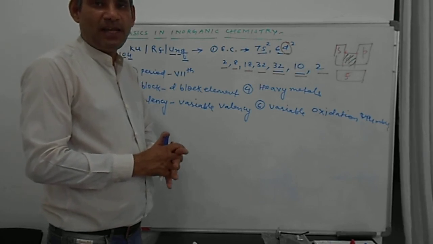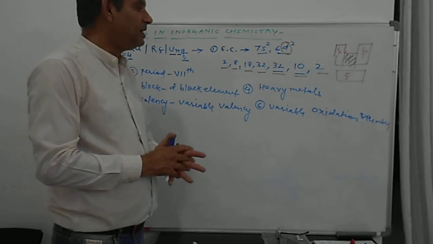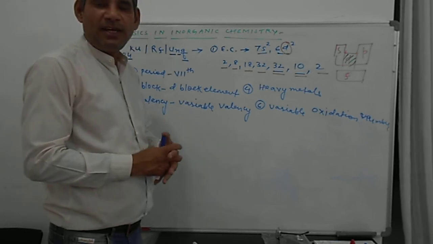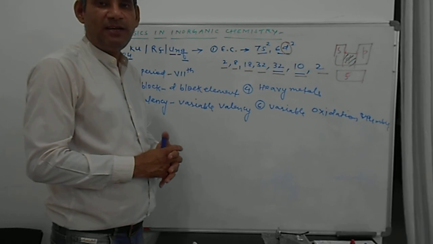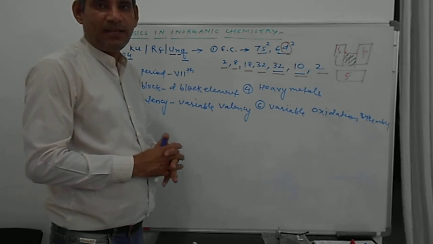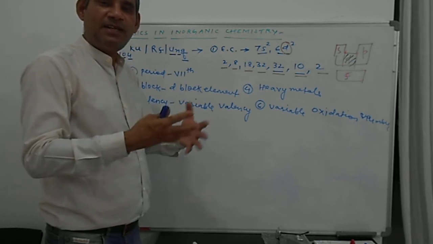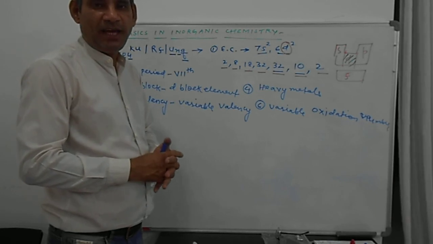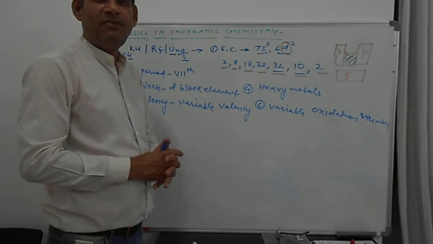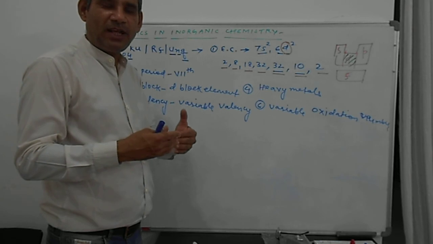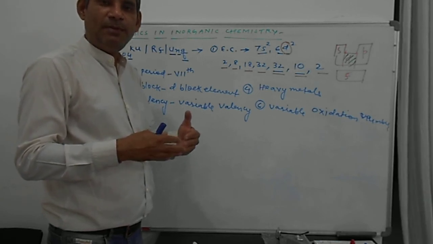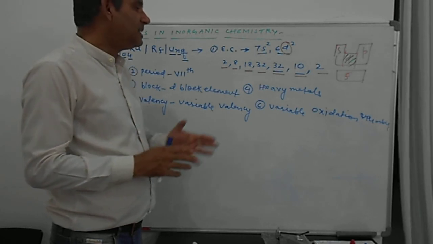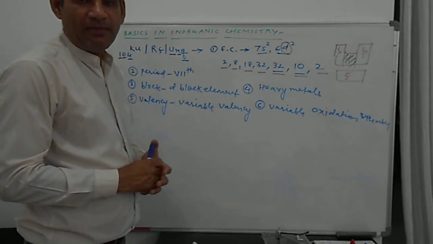Only np electrons can take part in bond formation. What about the D block elements? In D block elements, both the ns and (n-1)d subshells can take part in bond formation, and the difference in energy between ns and (n-1)d is very, very small. So participation of electrons from the ns and (n-1)d subshells is easily possible. That is why D block elements show variable valency as